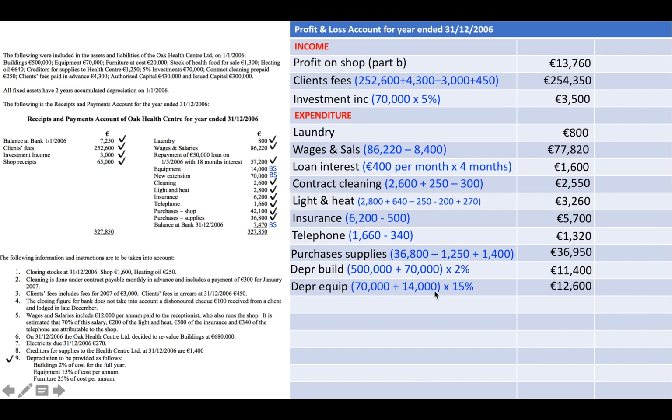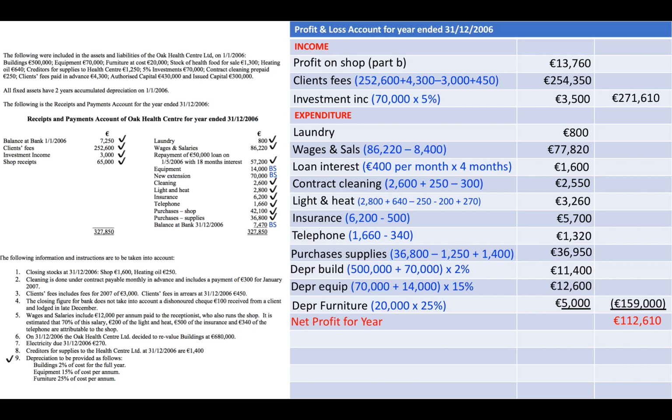That's €84,000 multiplied by 15%, and that is €12,600. Then we have depreciation on furniture, so that is €20,000, and no new furniture was bought, so it's just the €20,000 multiplied by the 25% of cost, and that is €5,000 there. We tot up all of our incomes, we tot up all of our expenditure, take the expenditure away from the income, and we get net profit for the year